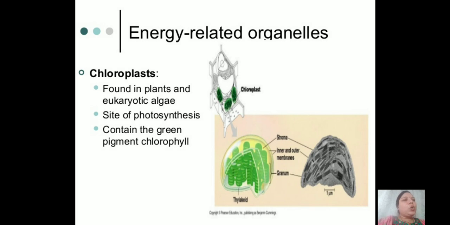Chloroplast is present only in plant cells. It is the site of photosynthesis. It contains the green pigment known as chlorophyll. Along with that,